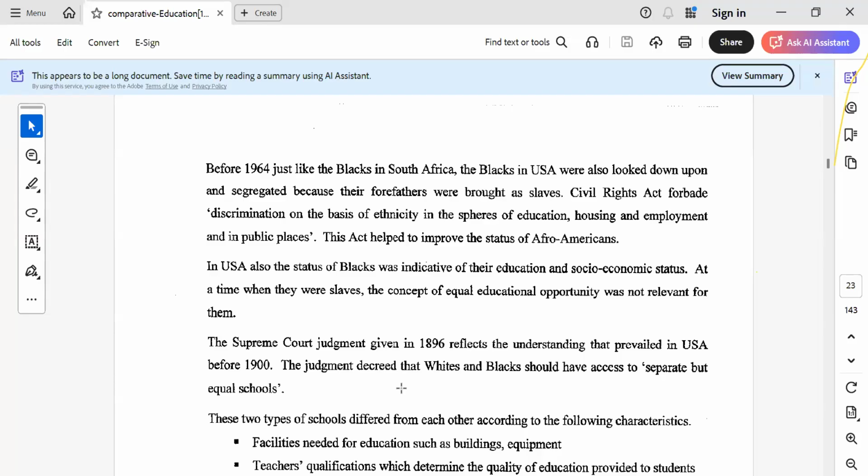So the estate workers, right? They were brought from India in the colonial period, right? So the same type of thing, those people were also looked down upon and segregated, and even they didn't